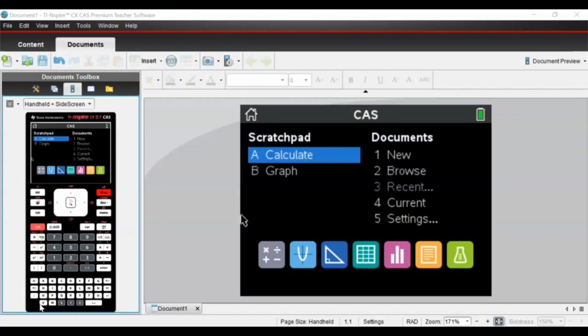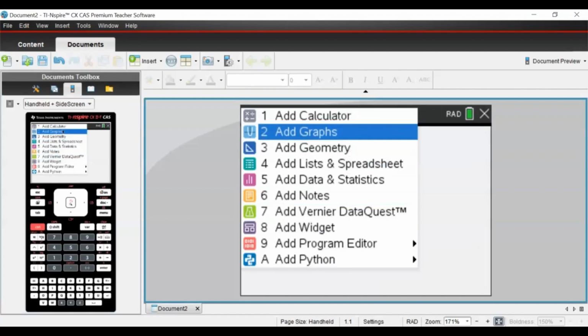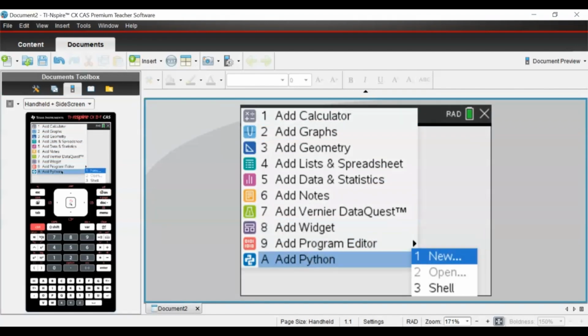Go to the TI website. All right, now let me show you where the Python is. Press new on the home page. Press new, number 1. I just say no. All right, you're just going to get this pop-up window, and here we go. There you have Python in there. And again, if you don't have Python, just make sure you update it, go to the TI